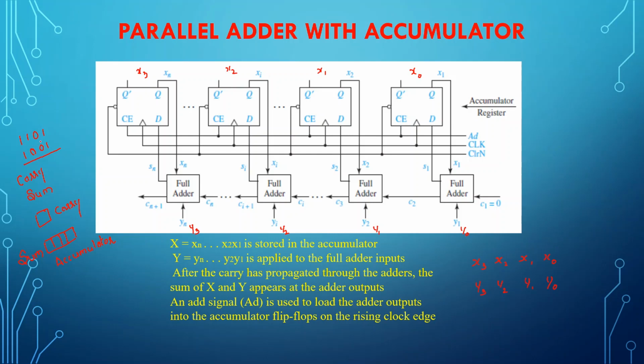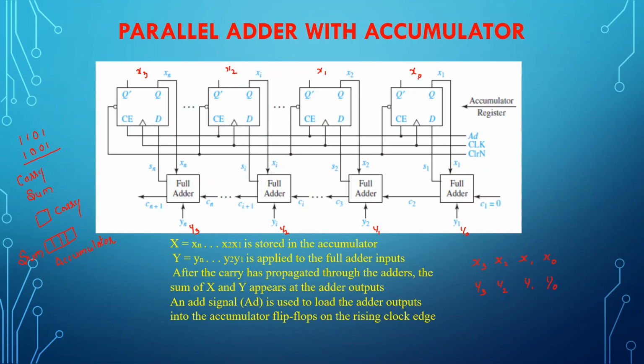So what we have to do is add these two numbers. The first number is here and the second number is here. Now let us speak about how the numbers are added up and the sum is generated. Let us say that an add signal is used. You can see here, an add signal will be given. First of all, you are going to give the clear input. As soon as you give the clear input, the flip-flops which store the first number will be cleared.